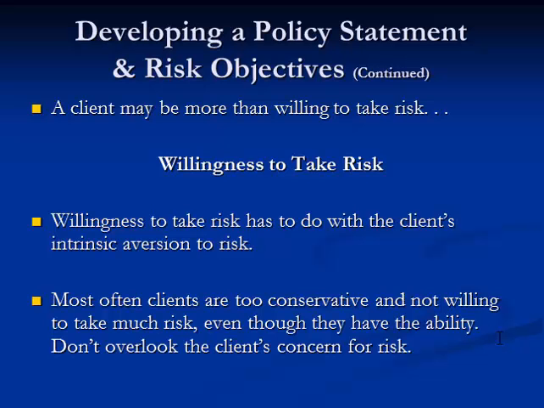And what I mean by ability, a good example would be, you're in your early 20s and you're saving for retirement, and retirement's not till 40 years later. You have the ability to take substantial amounts of risk. That said, there's a lot of people with that ability to take risk who are unwilling to take that risk. And that's when you need to talk to your client about reconciling their ability versus their willingness. You need to educate them about the harm that they're doing by taking a too conservative approach.